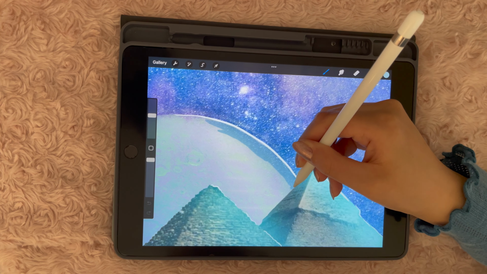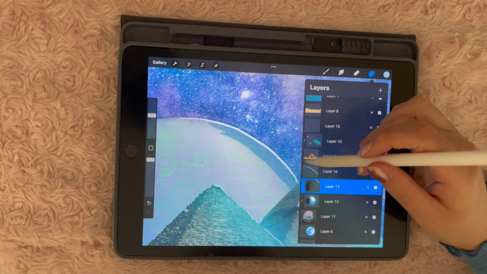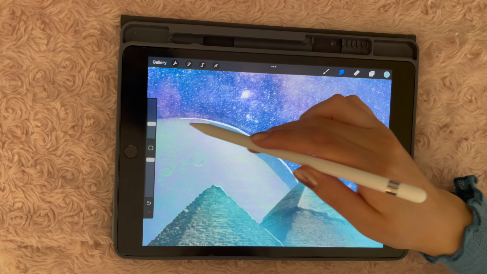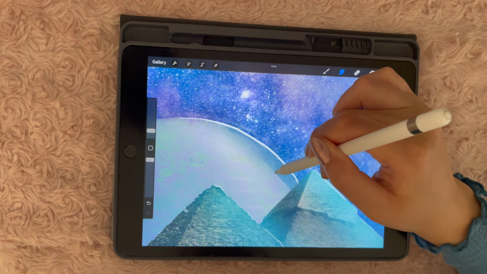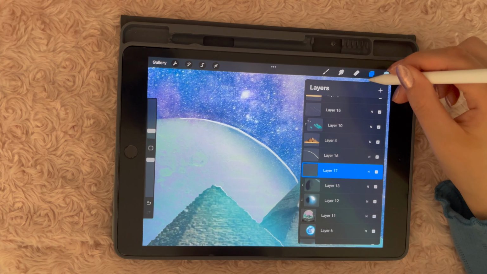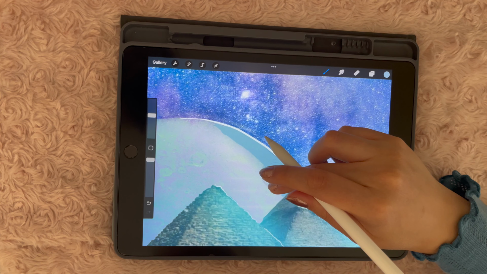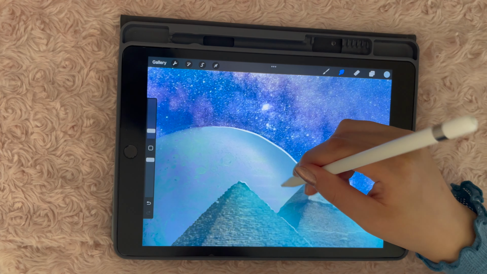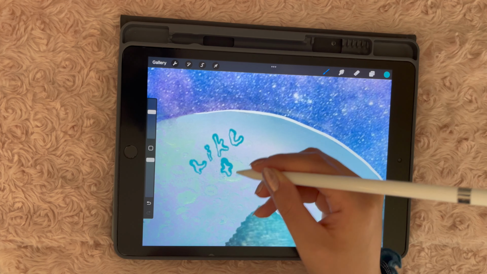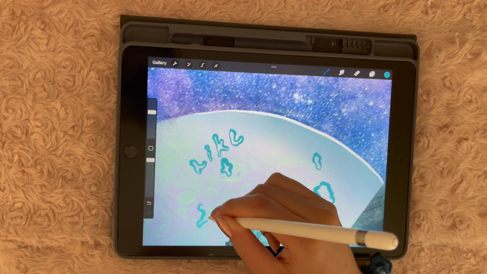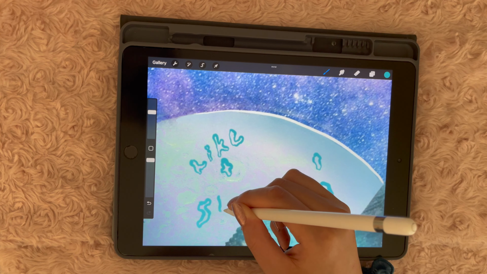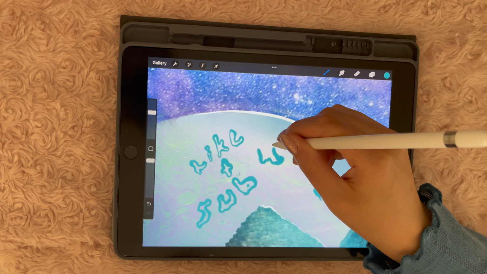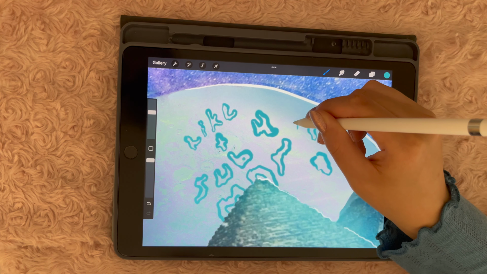I also went ahead and added a little bit of color to Mars, playing around with the different layers that I had the planet on, because you could still see some of the stars on the planet, and I didn't want to make a transparent planet, so yeah, I added some color on that. I also tried to make random craters, not like holes, but you know, the little markings that planets and moons tend to have. I'm pretty sure they're called craters, but